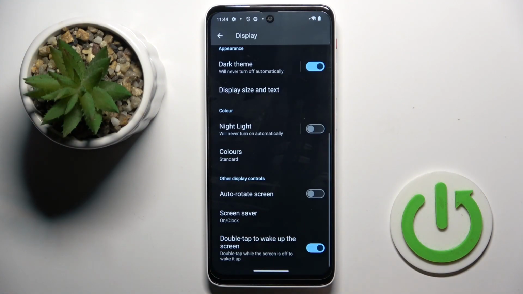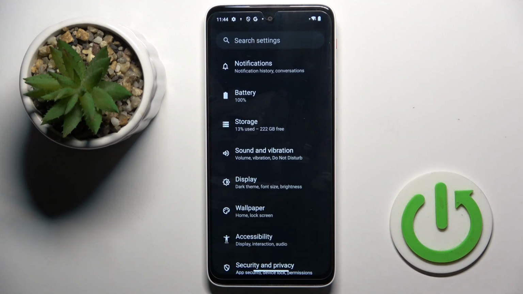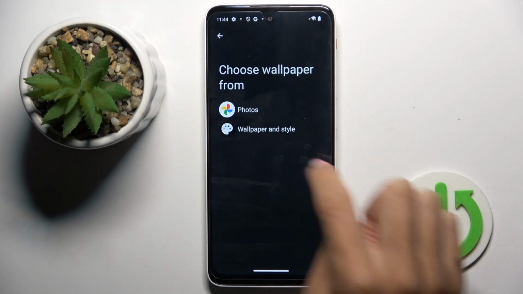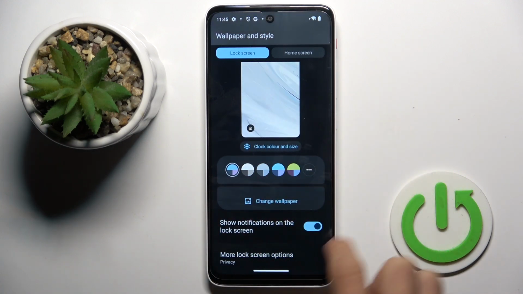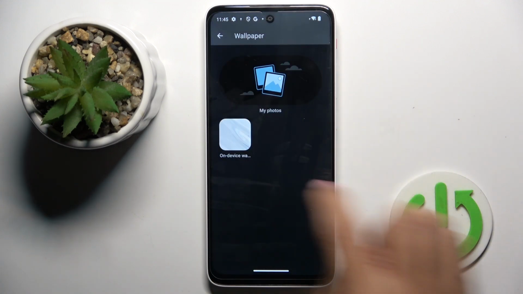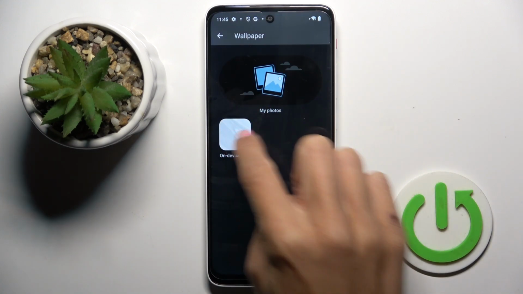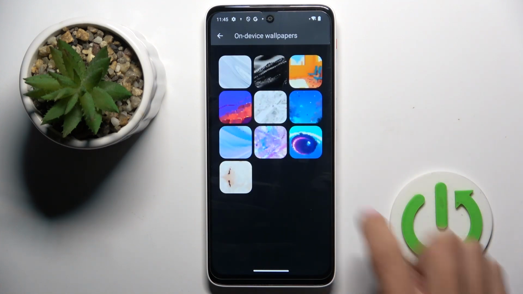First of all, open the settings. Then from main settings list select wallpaper, click on wallpaper and style, and now choose the wallpaper by tapping on change wallpaper. So you can pick one from your own photos or something from on-device wallpapers, and let me choose